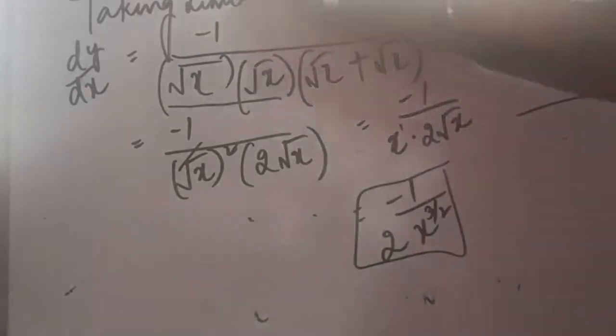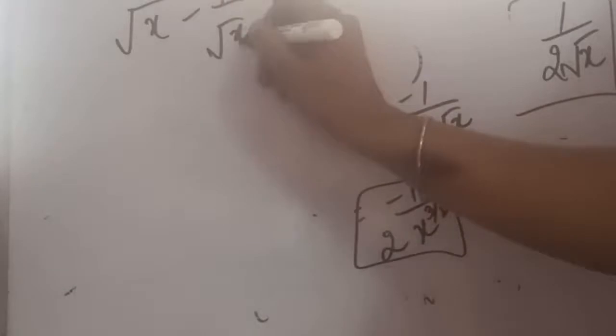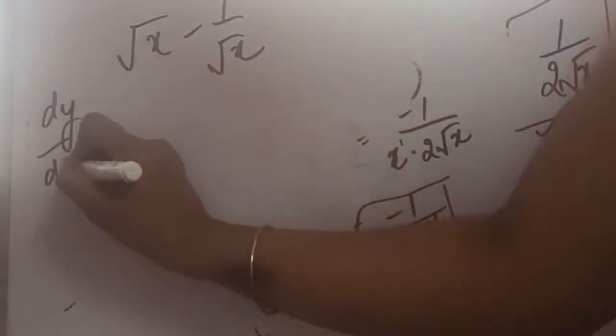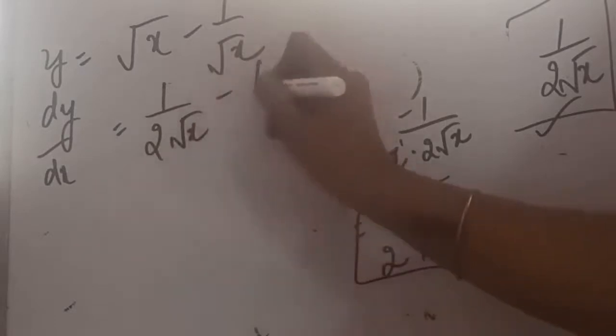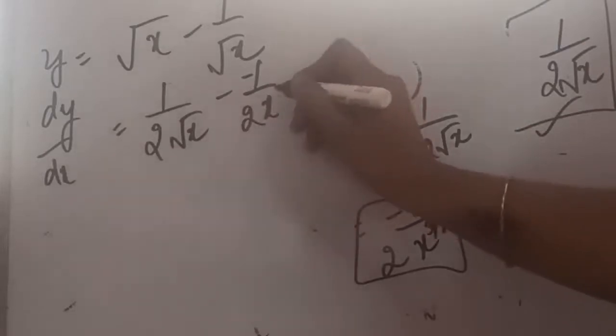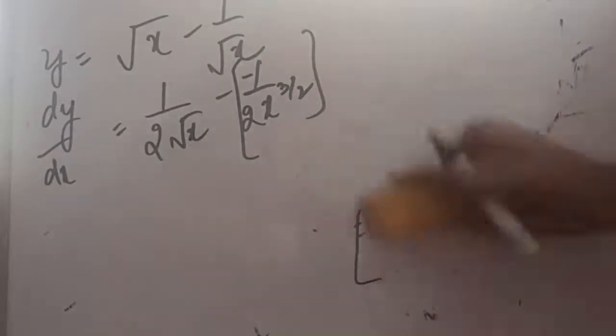Now coming to our main question, let us write down the main question first and then we will fill in the values. Our main question was root x minus 1 upon root x. We have solved it step by step. The answer for root x, we got this. By differentiation, we are directly taking the differentiation. If we take it to be y, we are putting in the values of the differentiation. So it is 1 upon 2 root x minus, and this is the second answer, again minus half x power 3 by 2. So this is what we have got from the two parts of the question.